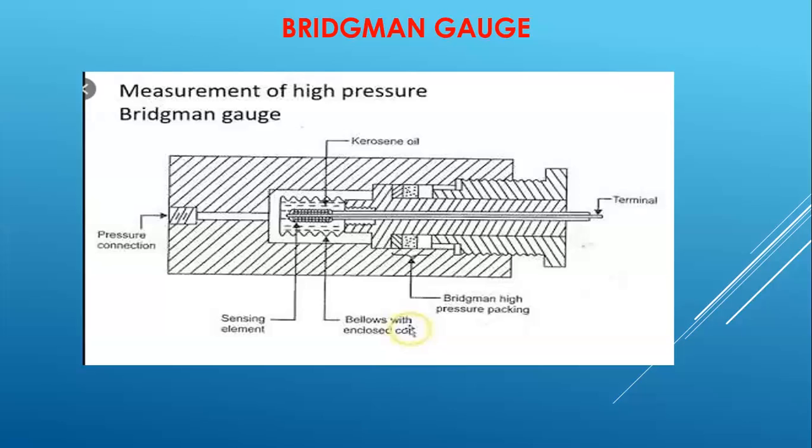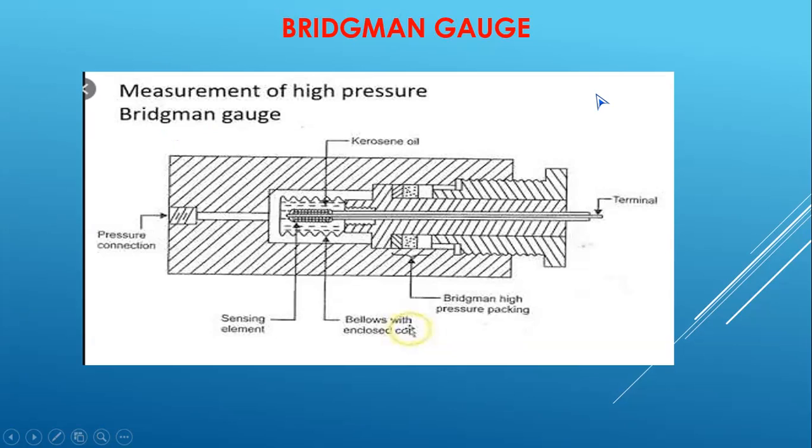Say in some of the companies they are using carbon dioxide, oxygen, nitrogen, and other types of gases for manufacturing of pesticides, fats, and all those things. So for that they require the gas: oxygen, hydrogen, carbon dioxide, carbon monoxide, like that. They use the gas for manufacturing of pesticides, which are used in agriculture. For the measurement of high pressure, this gauge was invented and developed by Bridgman. For that reason, it is called Bridgman gauge.